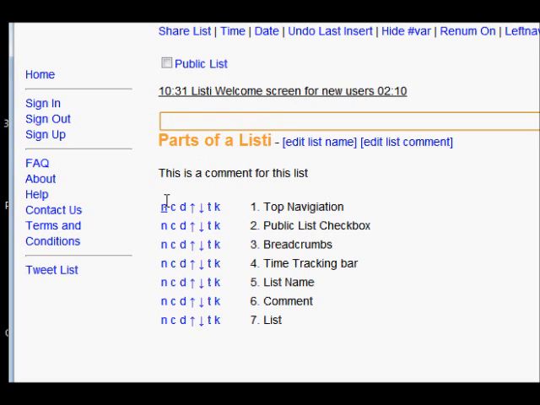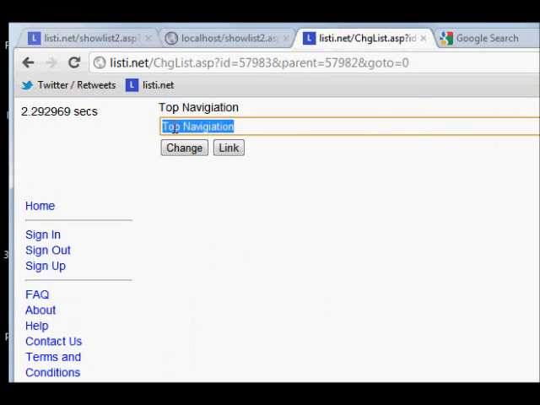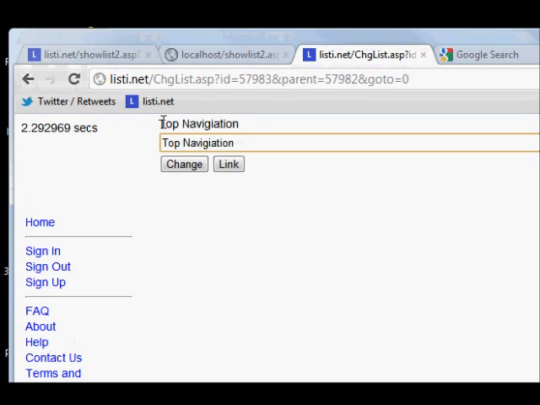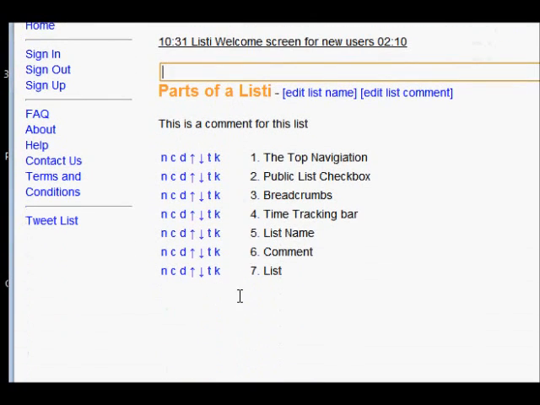Okay, now I've demonstrated what the N link does, and now we can press this C, which is for change. If I want to change this to something else, I press C, and I can overlay this with something, and it changes. The next item is D, which deletes an item,